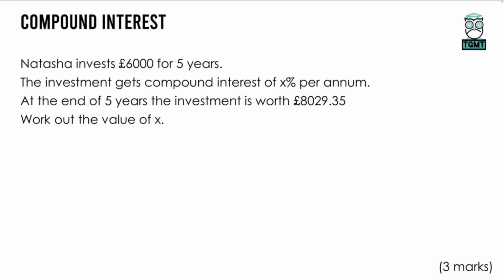Now, if we knew the percentage, we would do 6,000 multiplied by, and it's a bit of a strange one because we don't know the number there, but it would be 1 point 0 something, because it's normally a single digit. So we don't know what it is, and that's what we're going to need to figure out. So for the moment, let's just call that multiplier the letter X. It's going to be to the power of 5, because there's 5 years, and we're going to get the answer